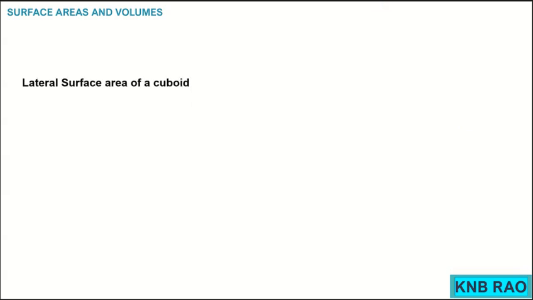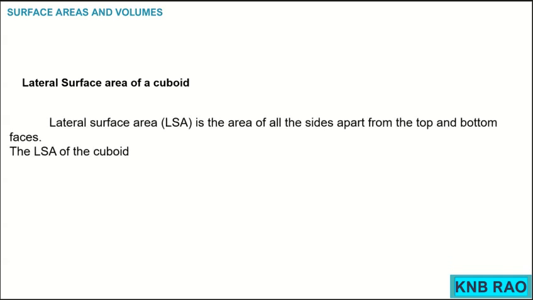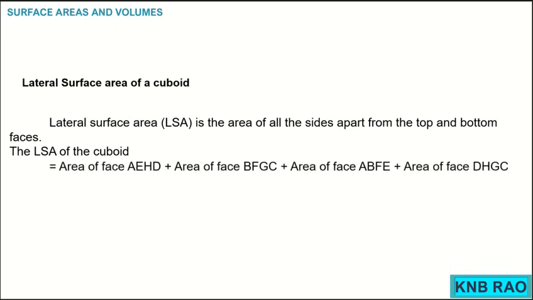Now moving on to another important topic here: lateral surface area of a cuboid. What is the meaning of lateral surface area of a cuboid? Lateral surface area is the area of all the sides apart from the top and bottom faces. The LSA of a cuboid is